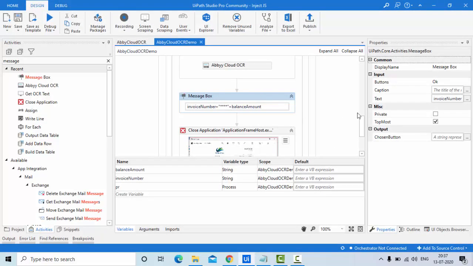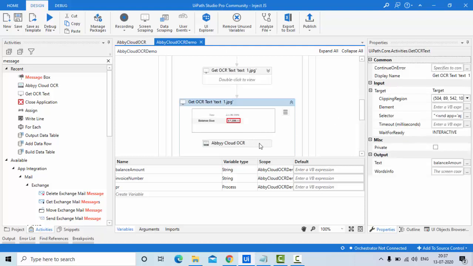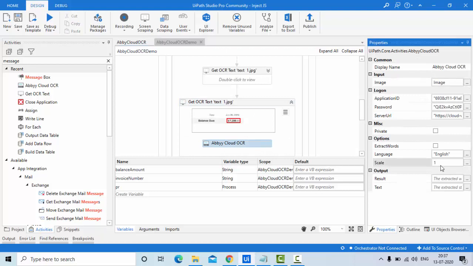Okay, now I'm sure if you're using a different, proper invoice, your values will come properly. I'm sure about that. Even here also we can test a bit. Instead of this, you can use something like 0.8 and you can test 0.8, 0.9, something like that. 0 to 1 you can use.